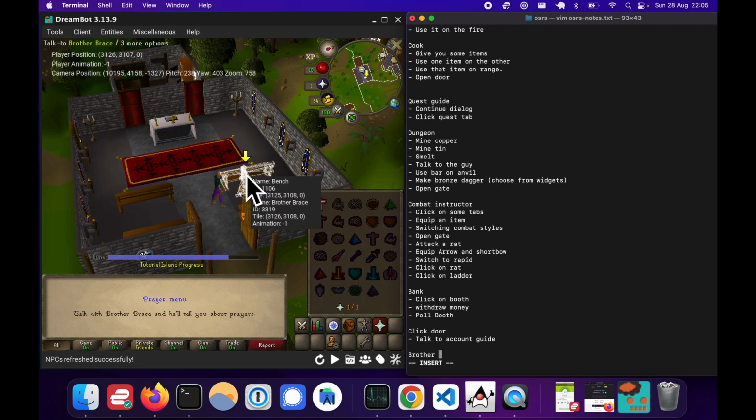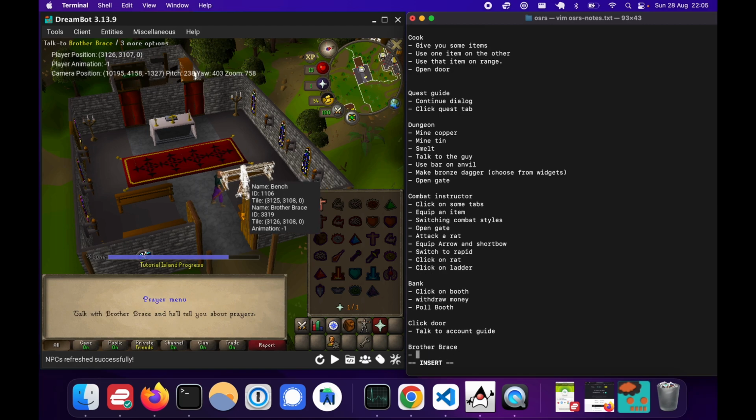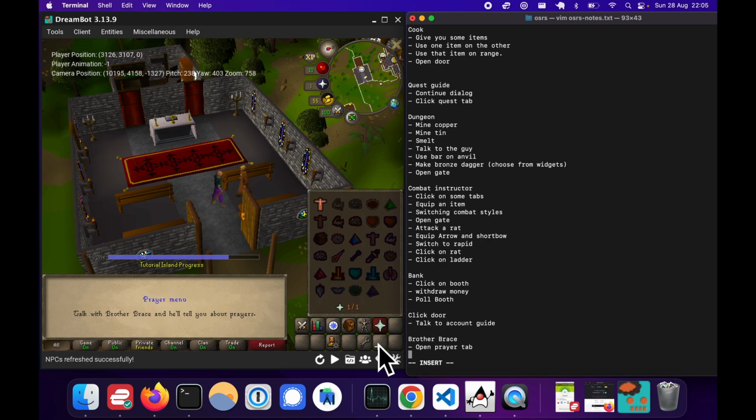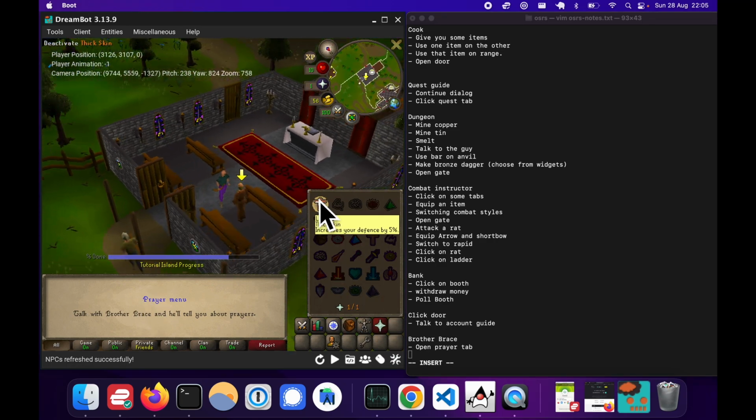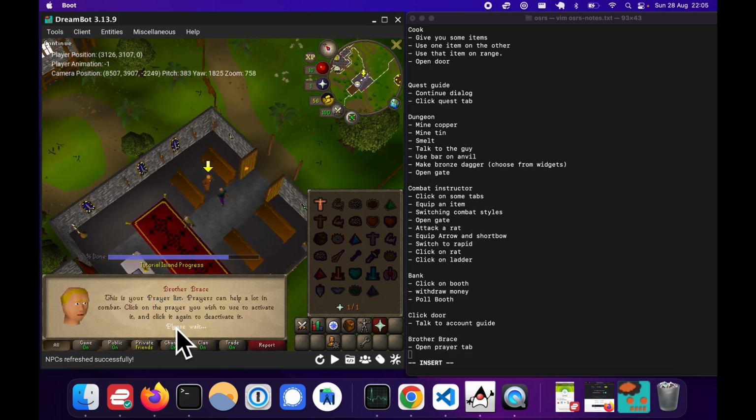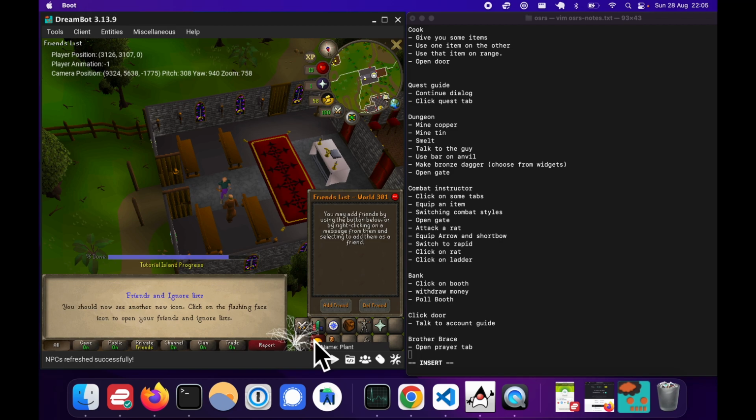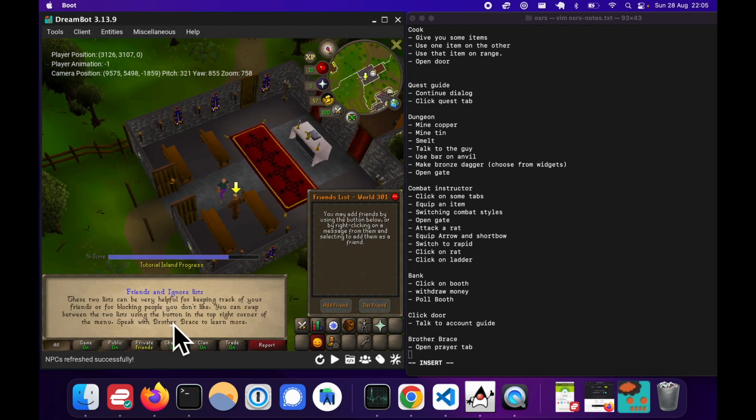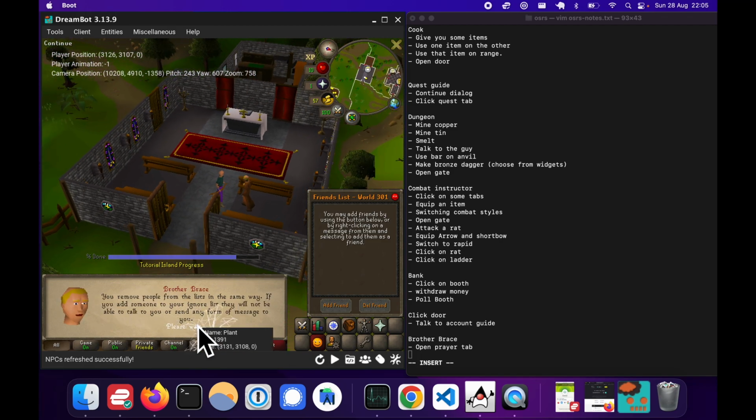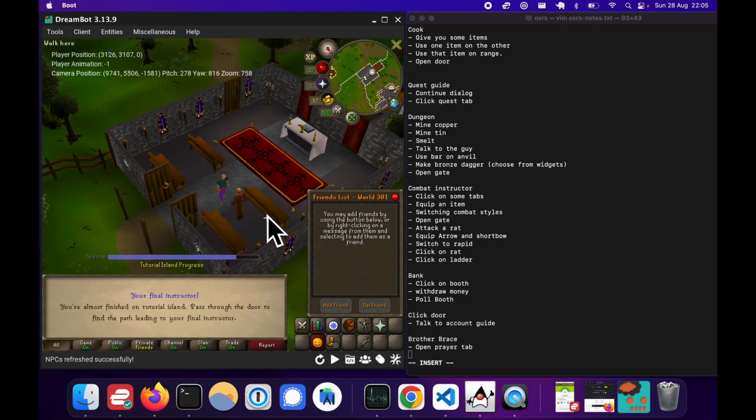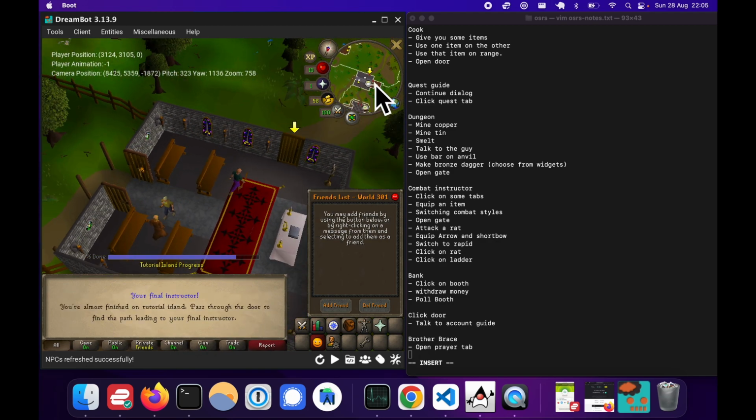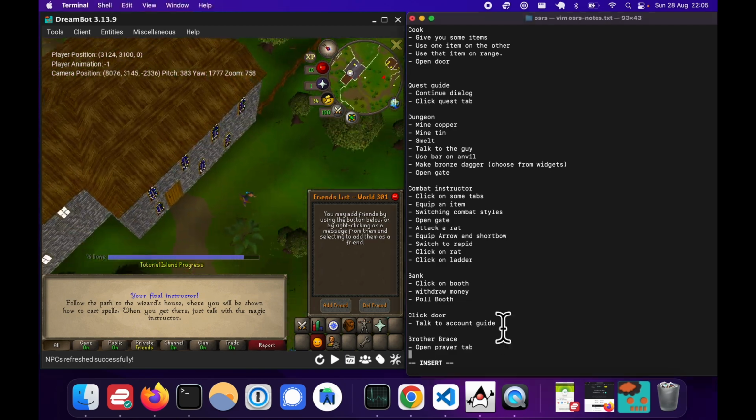Brother Grace. So prayer tab open. More tabs. I'm basically just searching for like anything that's new. Again, most of these are just going to be widgets. Logic doesn't seem too complicated. Okay, so now we're going to go to Mage. All right, so